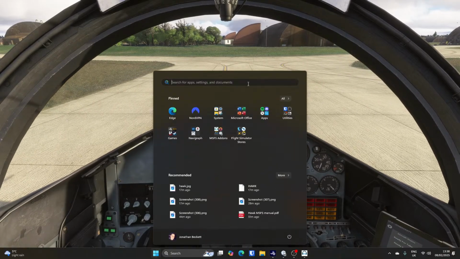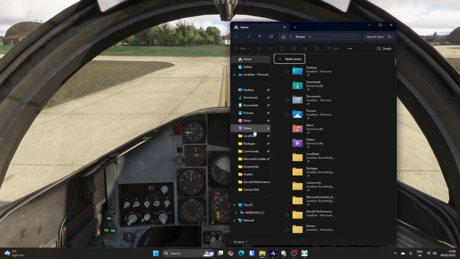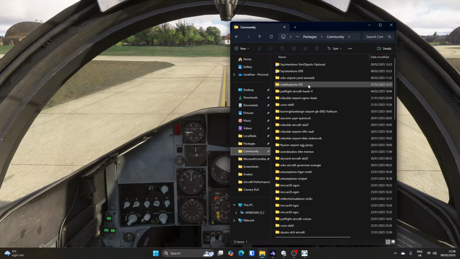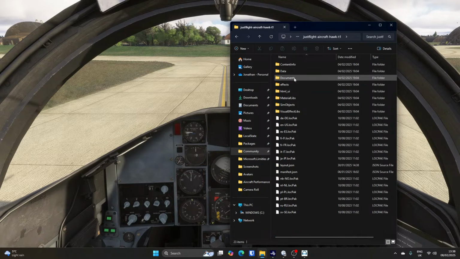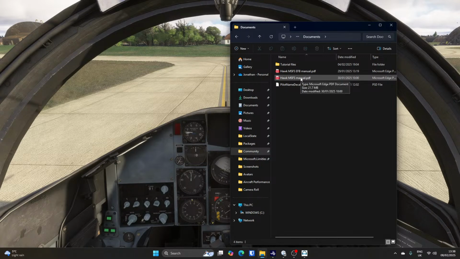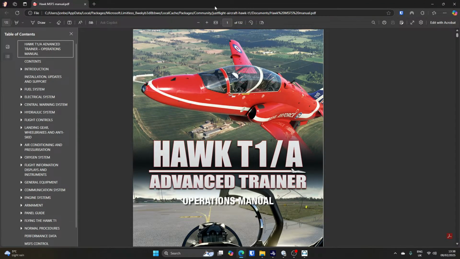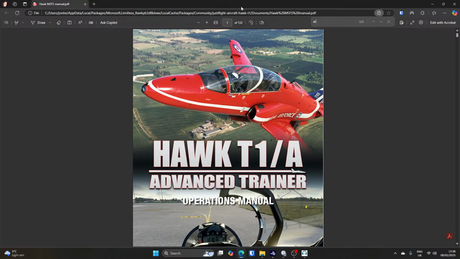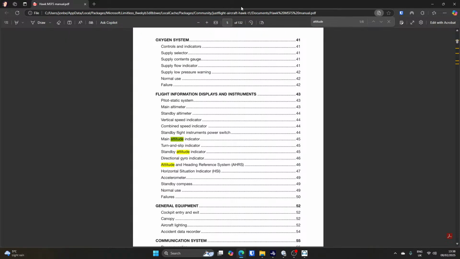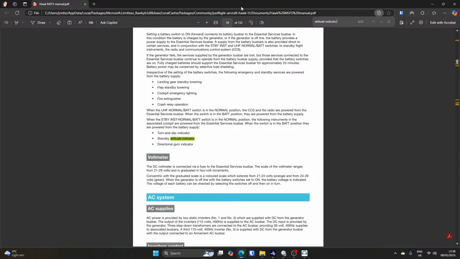Okay, what I'm going to do while we're here is go into the community folder and have a look. This is how we solve things. We go and read the book. So, open the Hawk manual and we search for attitude indicator. Standby